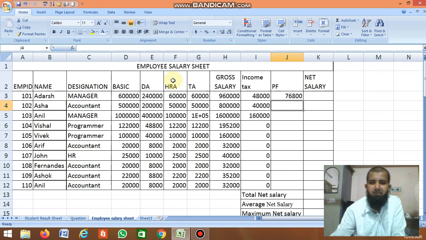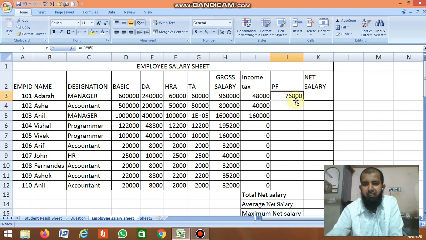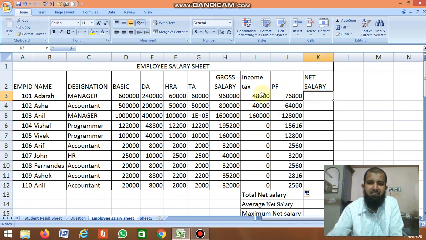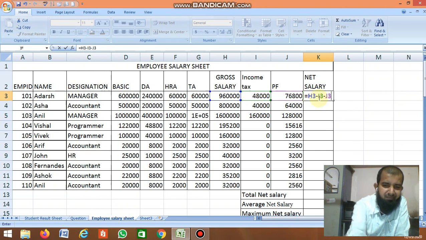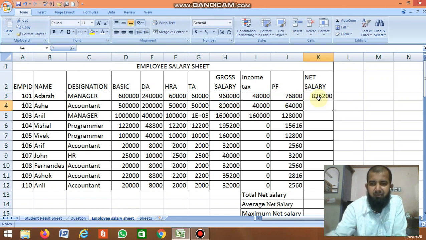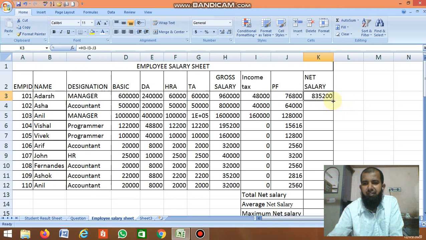Then enter. Clear, no? Then just drag it down. Then net salary is gross salary minus income tax minus PF, equal to H3 minus I3 minus J3. This is the formula. Then you drag it.